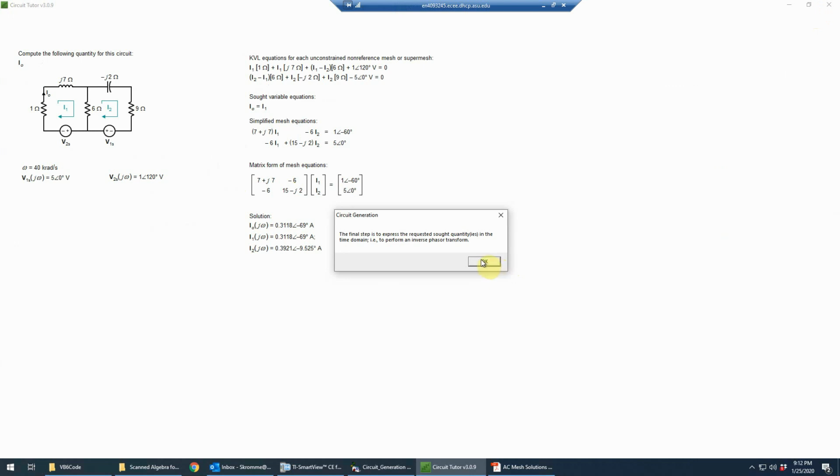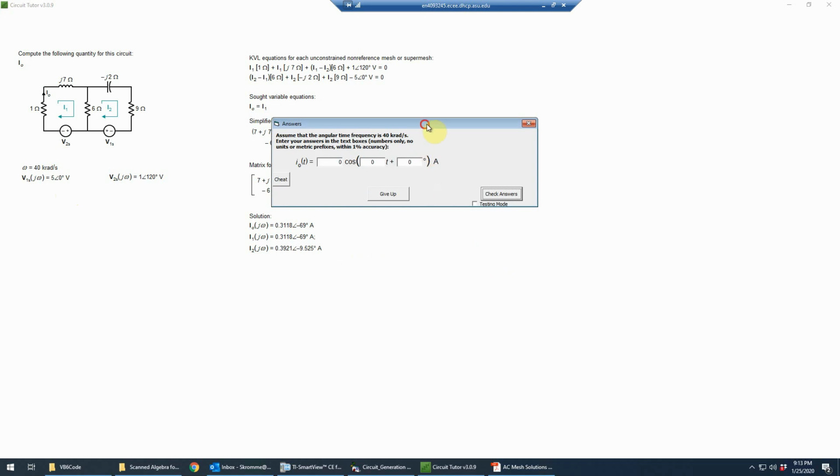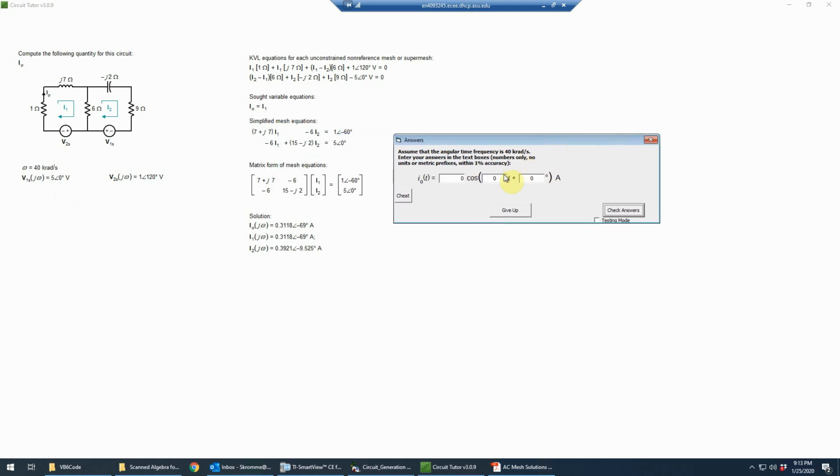And then the last step here is to do an inverse phasor transform to actually find I0 of t in the time domain. So that's really the ultimate objective here. And so we need the inverse phasor transform. And remember, that's fairly simple to do. The one part here, remember,